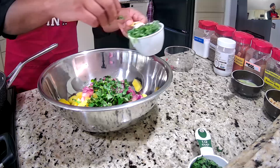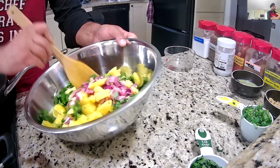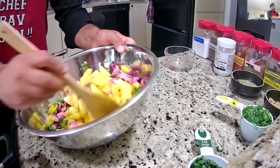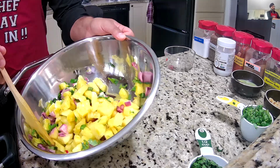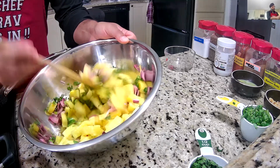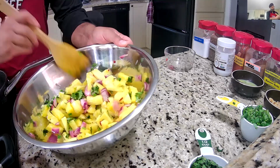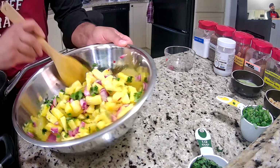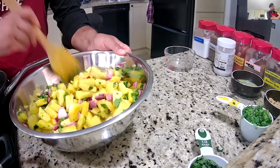We'll just mix it up. And we'll just leave it and let it sit. You can add more salt if you want, but remember we pickled the onions with a bit of salt as well. So you don't have to add any more unless you want to. And the spice is there from the chili if you want to add chili, but you can add anything else to it if you want. Pineapple is always good in the summers because it's cooling. So this is a mixture of sort of